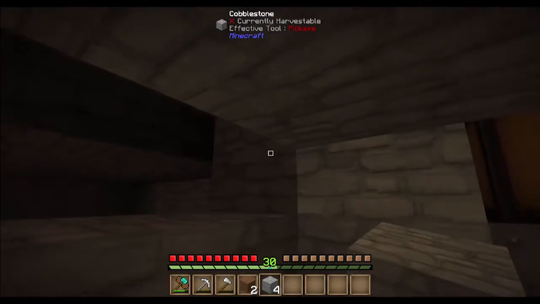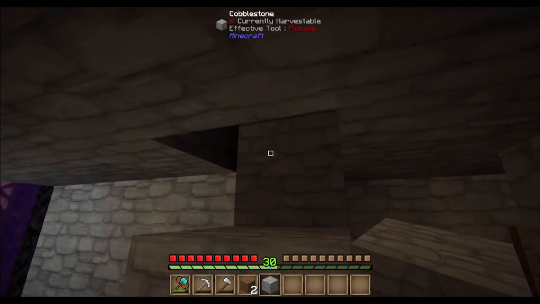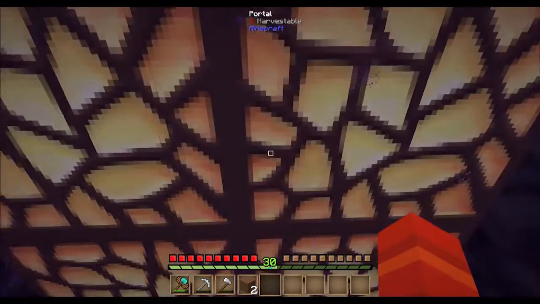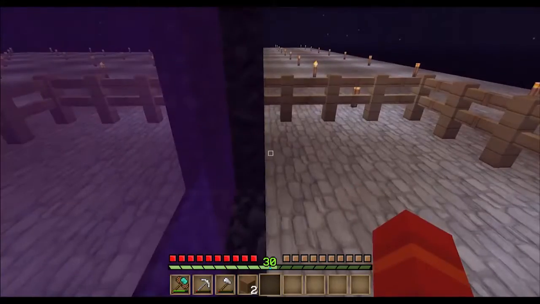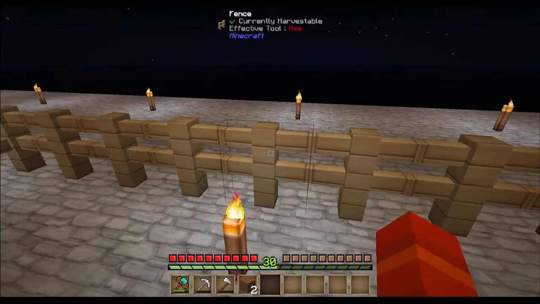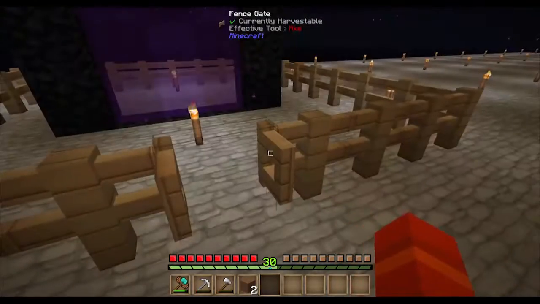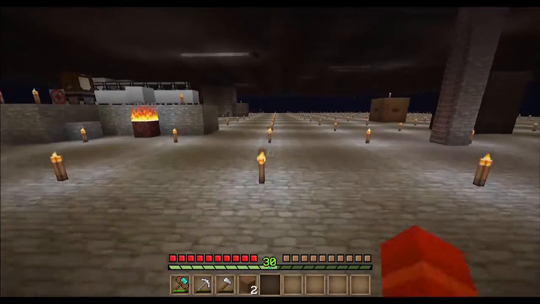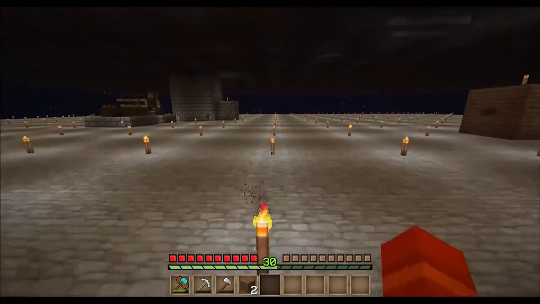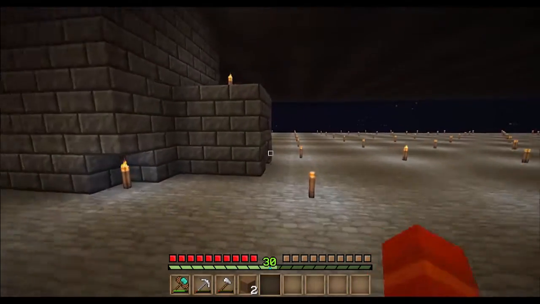That took a while, and I didn't try to improve them here. Let's put all this back. I went to the trouble of building it, I might as well put it back. All of that just to try and get mushrooms. Then once I had the red and the white spores, I made this little room over here,